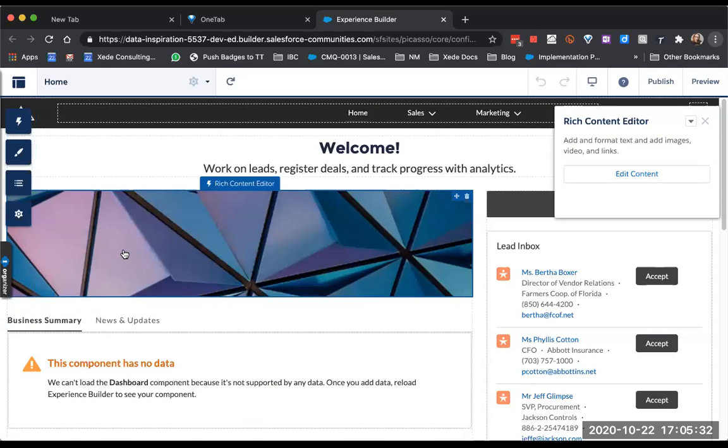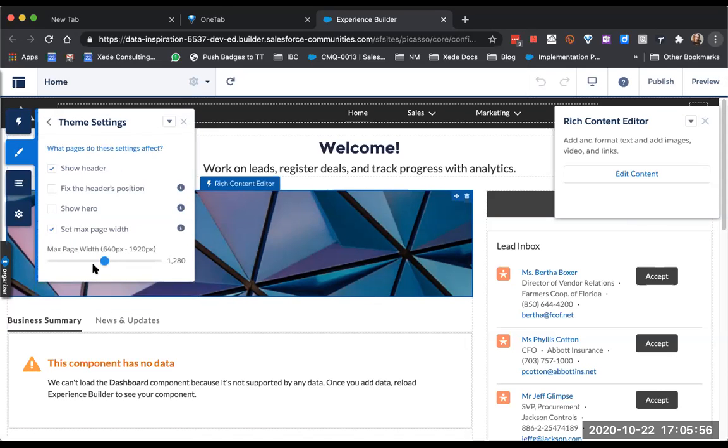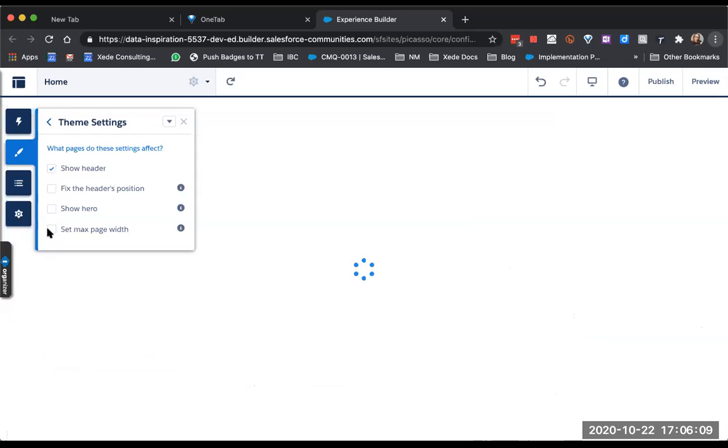The next thing we are going to do is make a couple of changes within our builder here. So you all have switched your logo. We're pretending I switched mine. And we're actually going to change our layout width. So what we want to do is go into our paintbrush here and go to our theme settings. And this is where you can actually set your max page width. And setting your max page width, for those of you that may have had a community or have seen a community back before they became full width. So when you click the button,